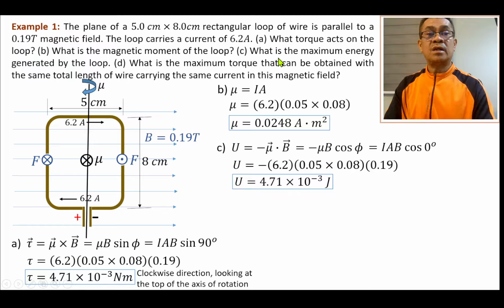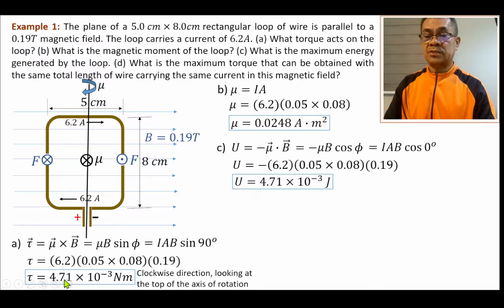because we are asked to calculate the maximum, di ba? What is the energy generated by the loop? Maximum energy. So the maximum energy occurs when the angle between them is 0. So we use 0 because we are asked to find the maximum. And the minimum is 0. The minimum energy is 0. So the maximum is